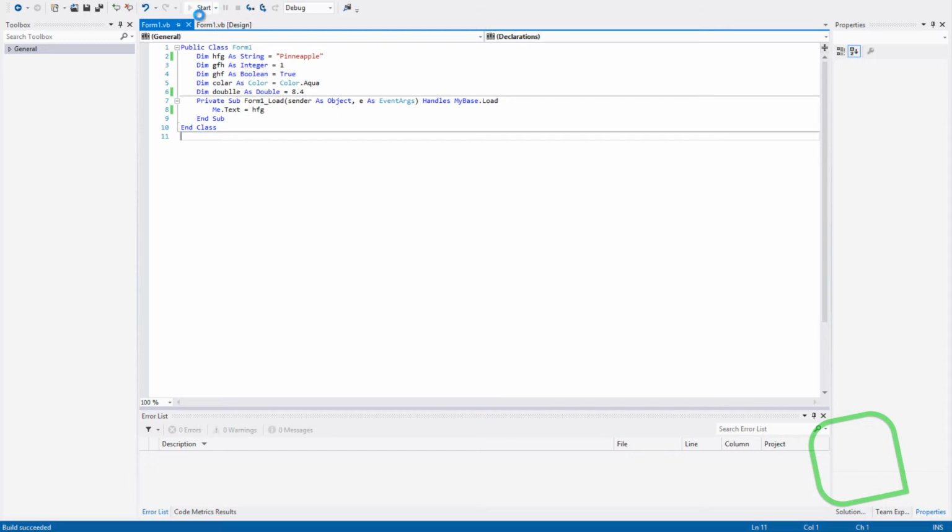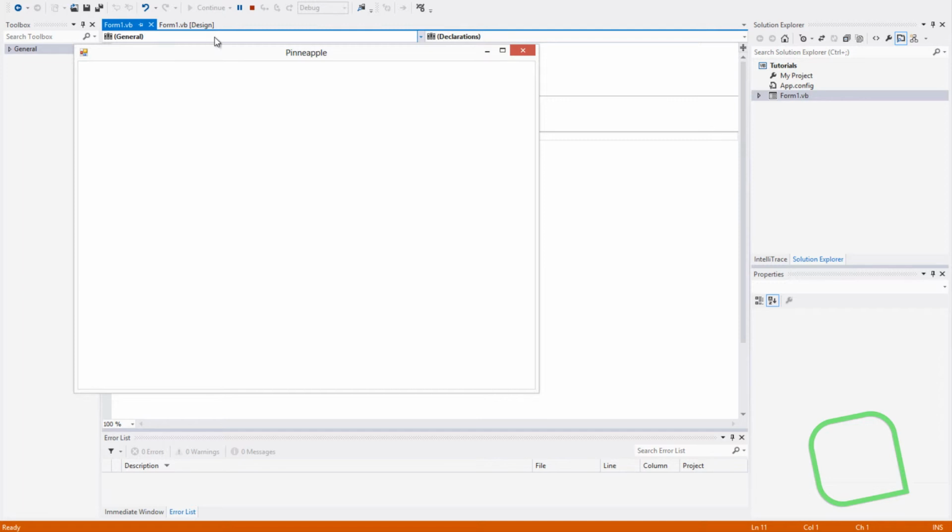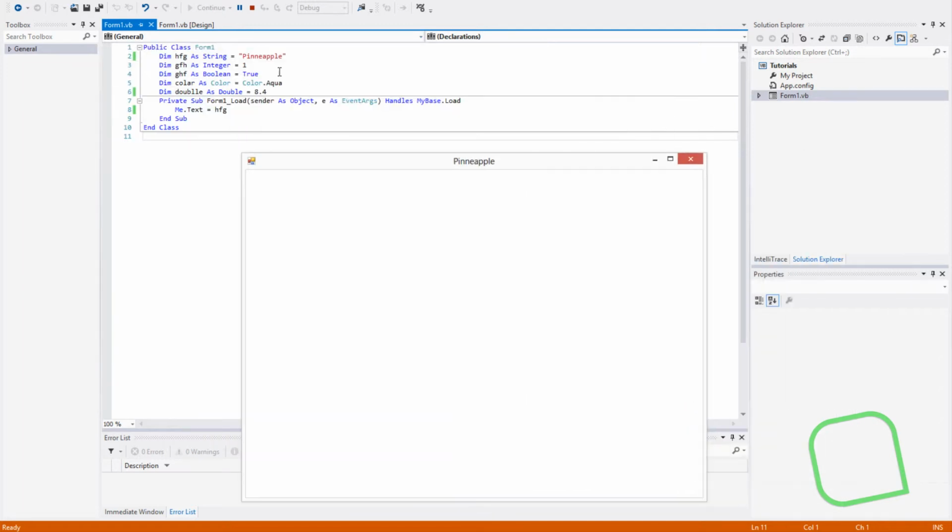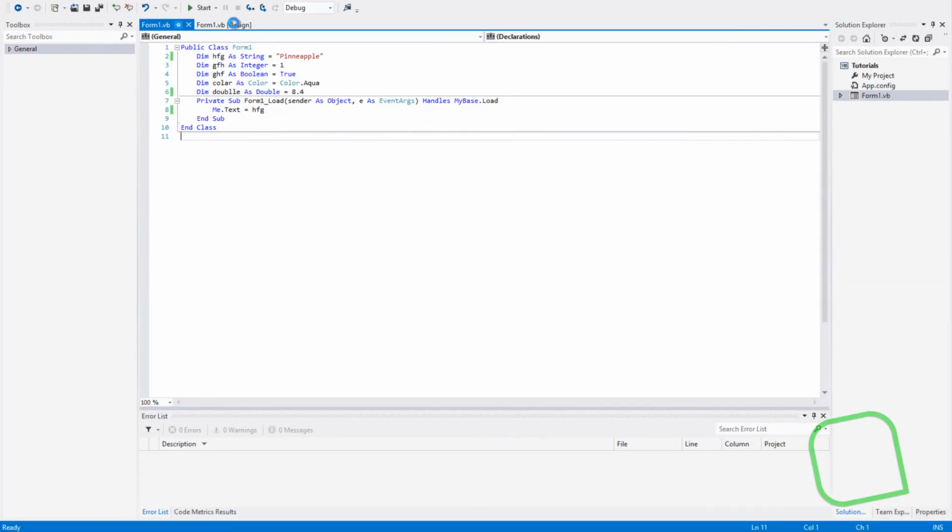So we're just going to run it, and as you can see it says pineapple, which is our text in there and not our text in here, because whenever the form loaded up, it executed this code right here, which is me.text is equal to HFG, and up here we set HFG,